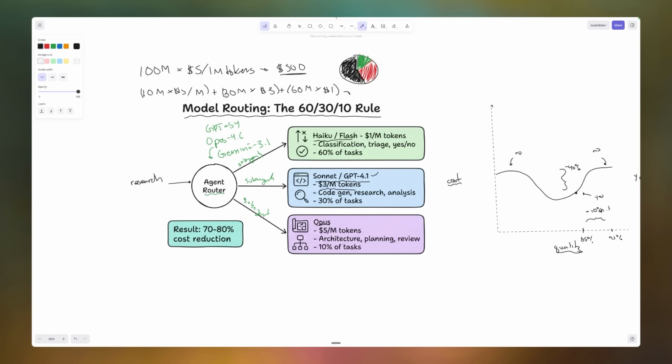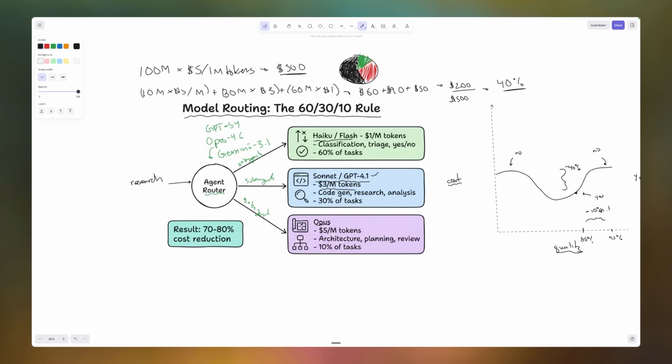Well, what's the total cost going to be now? Well, it's going to be 60 plus 90 plus 50, or in total, 200. And so, 200 expressed as a fraction of 500 is 40% of our total cost. And we will have just saved 60% with probably minimal impacts on quality,